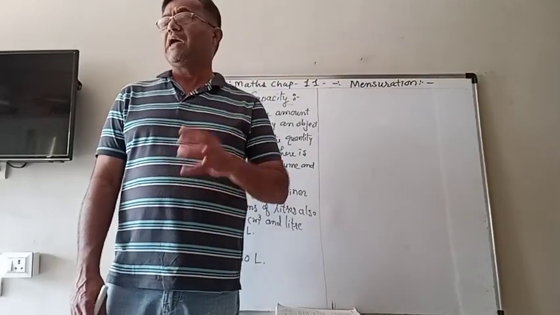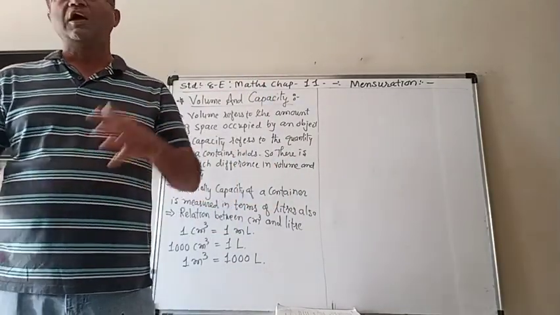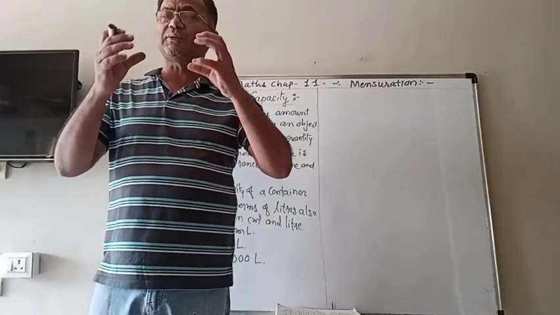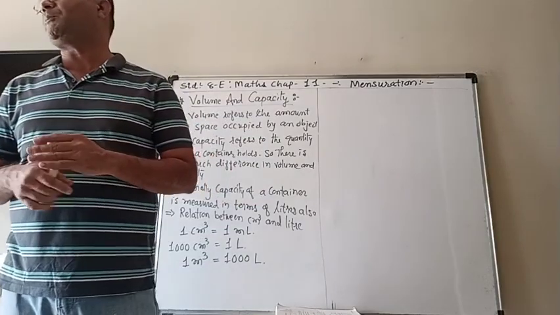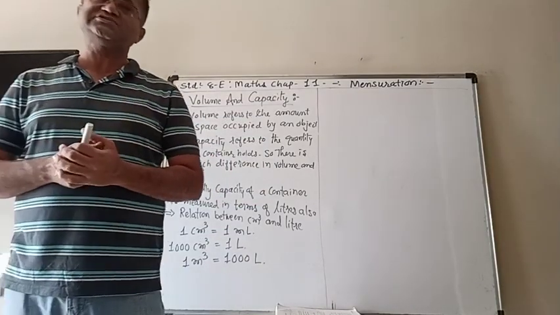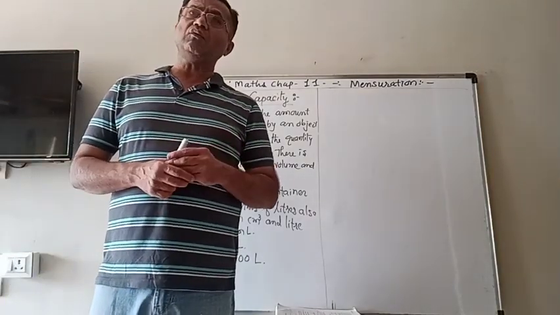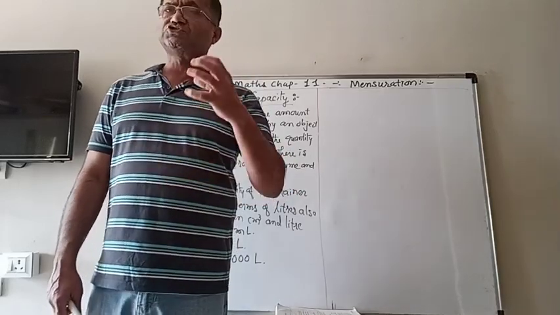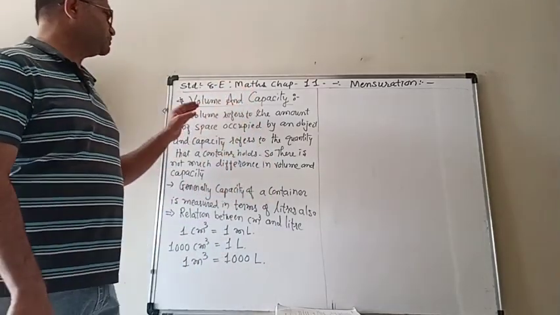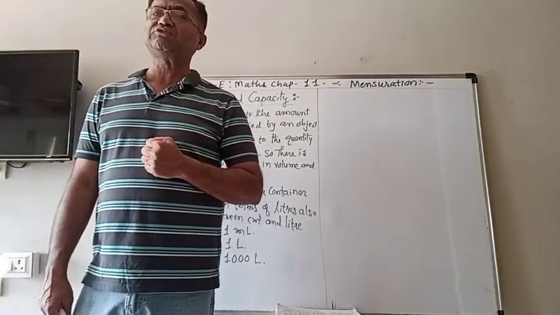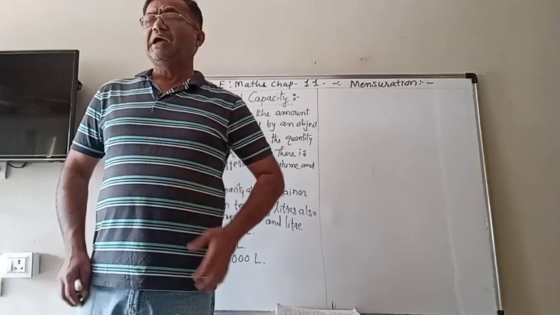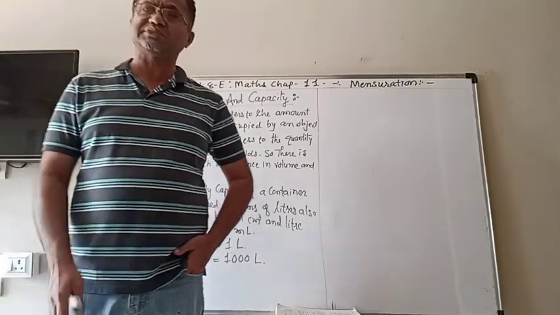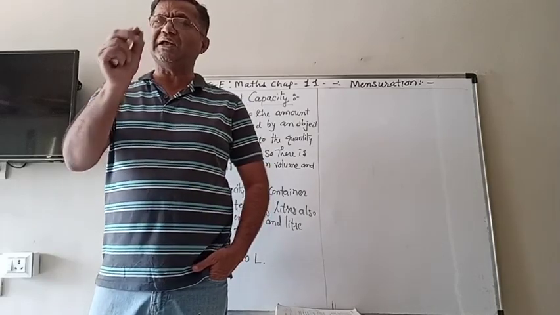And the volume. Now what is the volume? Volume is the amount of space that is occupied by the solid shape. Now there is a word, capacity. So here, volume and capacity, what is the difference between them? Actually, if you think about it, they refer to the same thing. The meaning is nearly the same.